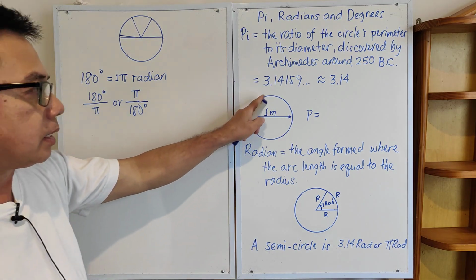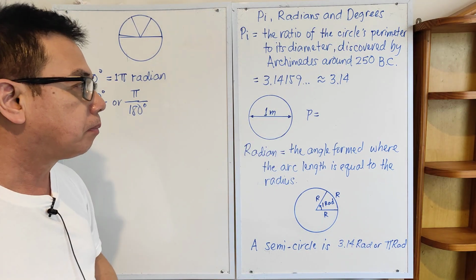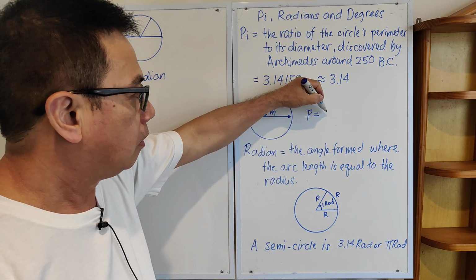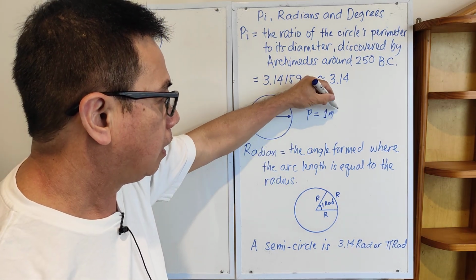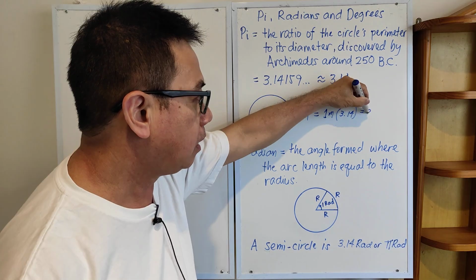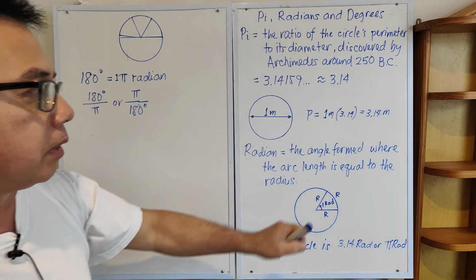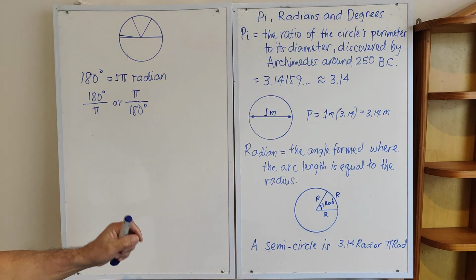So for example, we have a circle with a diameter of 1 meter. The perimeter would be 1 meter times 3.14, so 3.14 meters. So that's the perimeter. Now this pi is so useful that